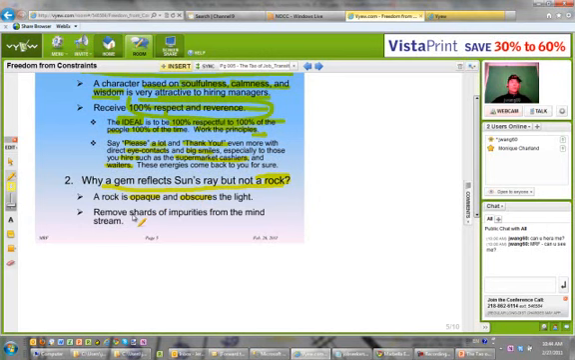We need to remove shards of impurities from the mind stream, and we can begin by applying the ideal to be 100% respectful 100% of the time to 100% of the people. We can start with that, and at this point we are using it as a way to get job offers, but it's basically a universal law of happiness. Okay,